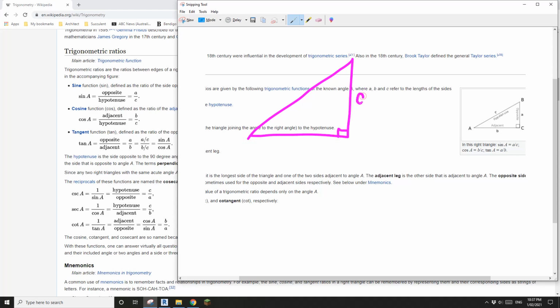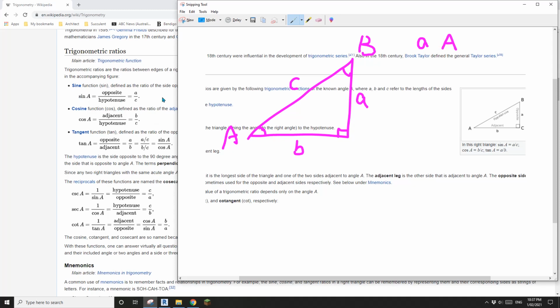If we know any two of these, the lengths A, B, C or the angles A and B, we can get the rest. For example, if we know the length of A and the angle of A,